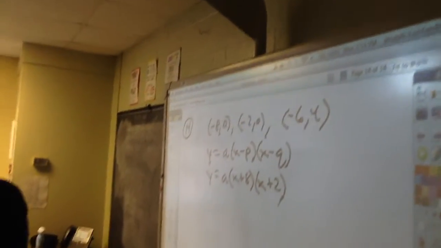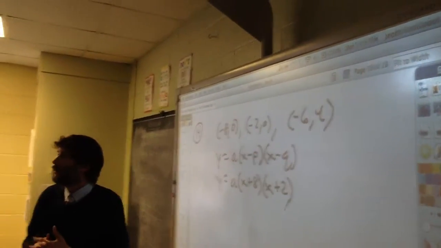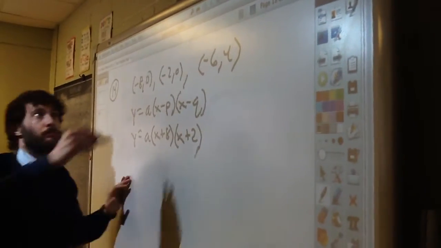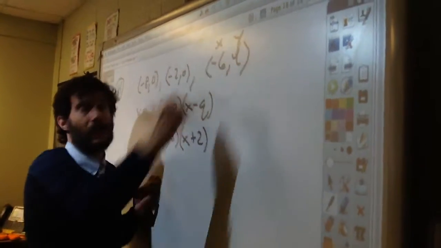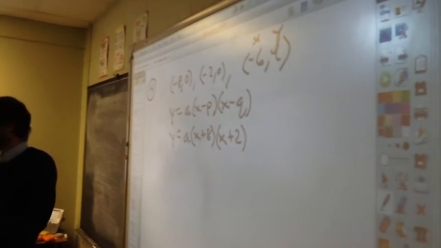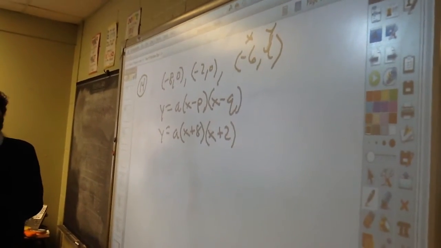Have they given me enough information to find it? Yes, because it takes how many points? 3. And I got 3. So what I'm going to do is use this other point. It is an x and a y. And I'm going to plug in -6 everywhere I see an x. And I'm going to plug in 4